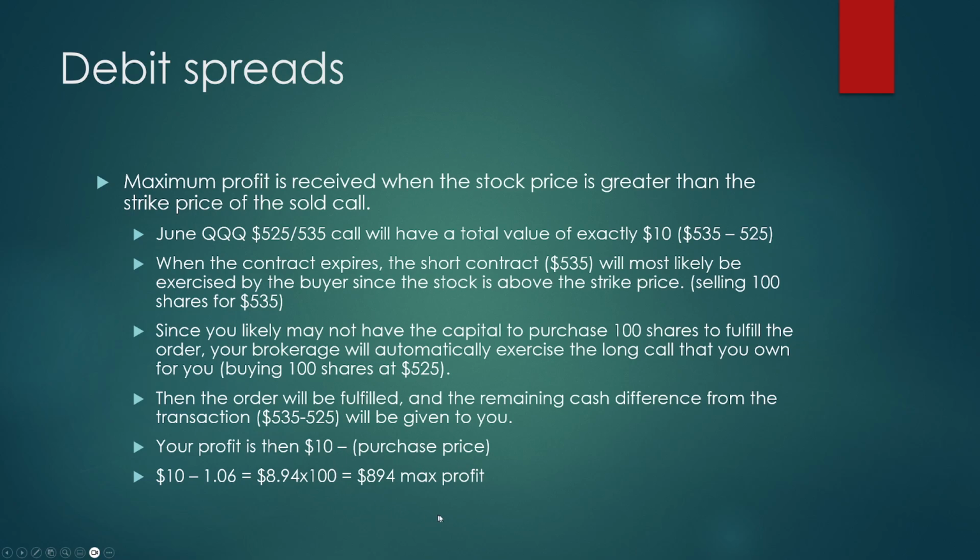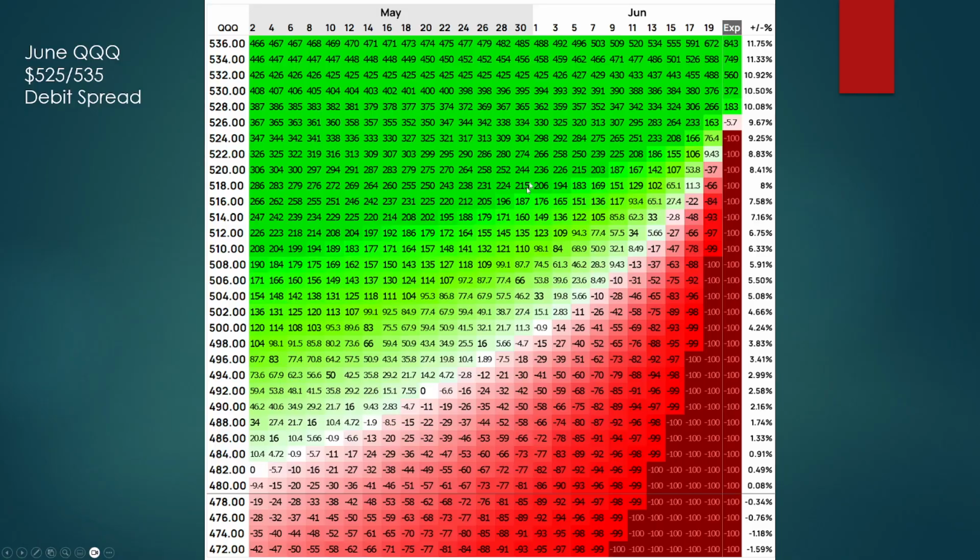You can only get that when it's exercised, but the value of the two contracts will vary over time, like we saw in this example here. This is going to be the value of the two spreads basically combined. The long call is going to be worth more than the short call, obviously, and then you can close out both calls at the same time and receive the cash value of both, because obviously one's going to be more expensive than the other. You can still receive a gain, and it kind of works like a call in that